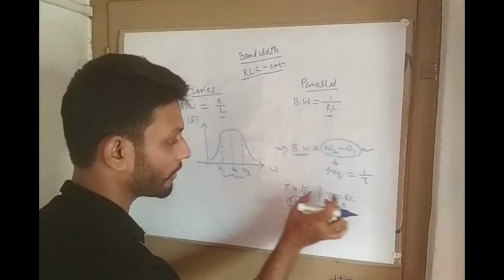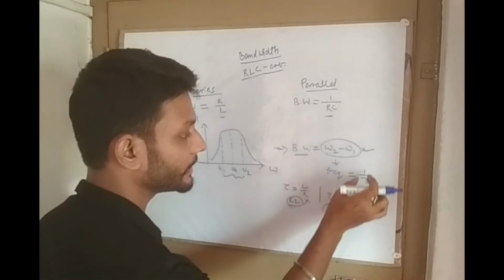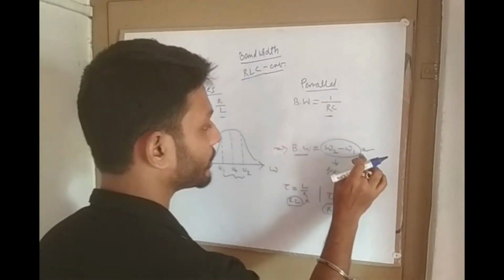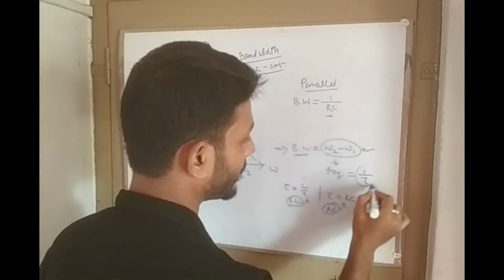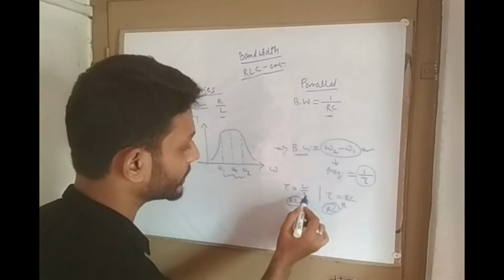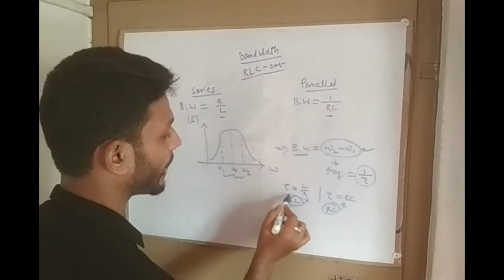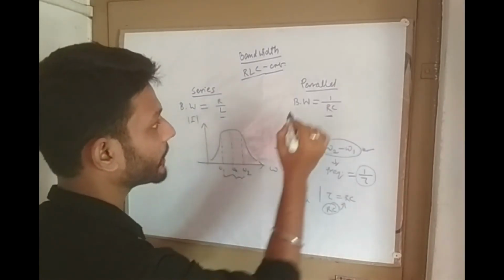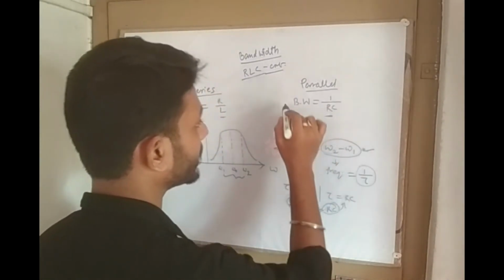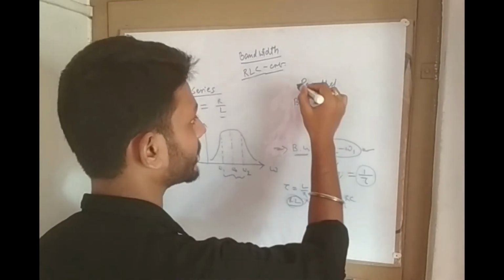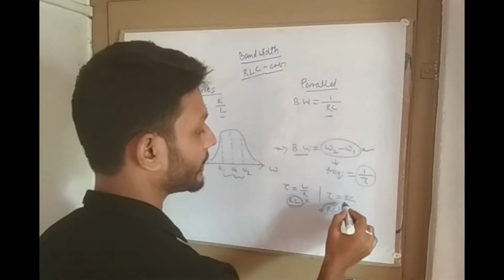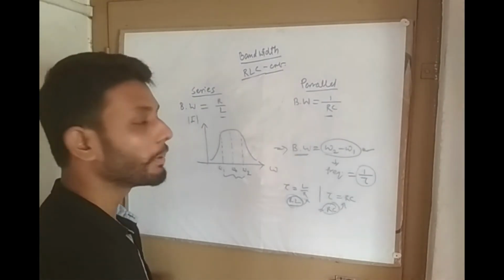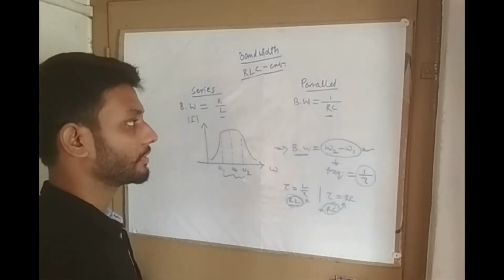This is the value of tau, and frequency is reverse of the time period tau. So the frequency is becoming 1 divided by tau, and if we reverse this tau in case of RL circuit, this is series circuit, so R by L it is becoming, and in RC circuit, if we compare the RC circuit with the parallel circuit, then it will become 1 by RC. You can remember in this way also.